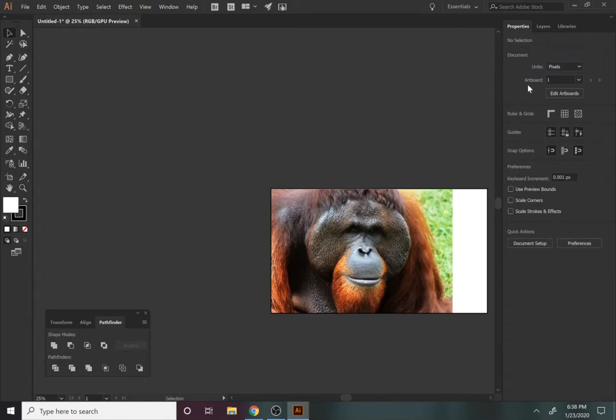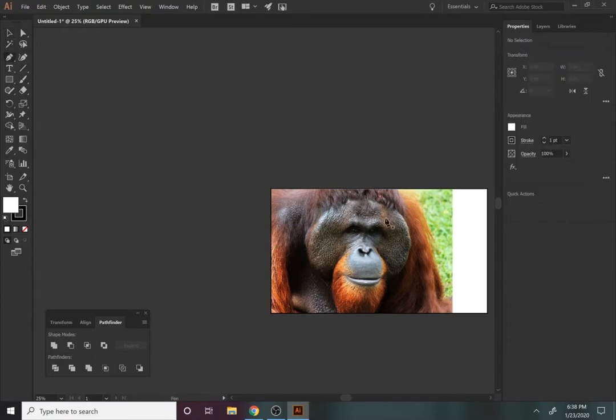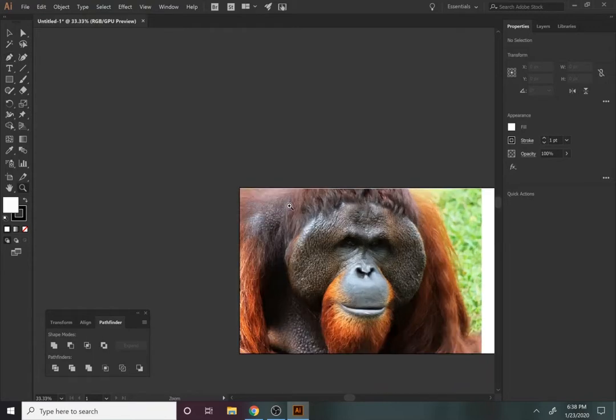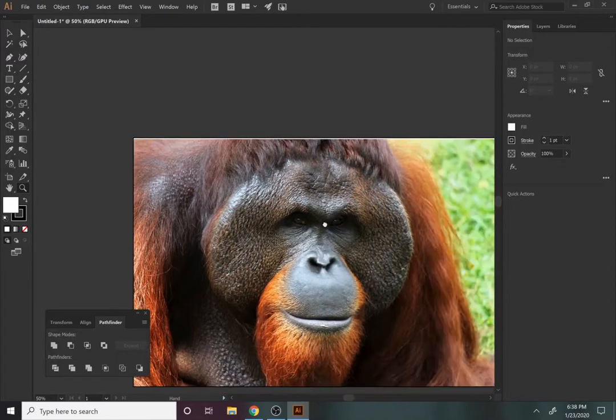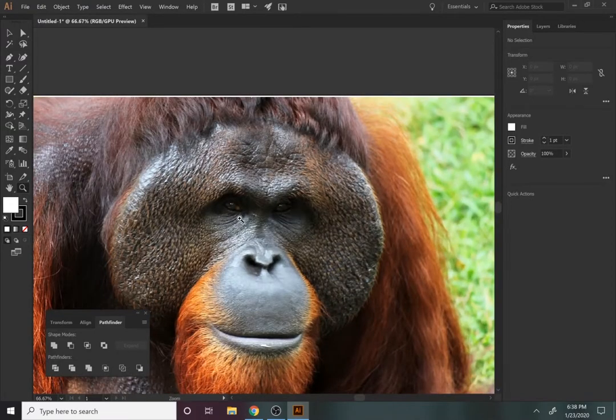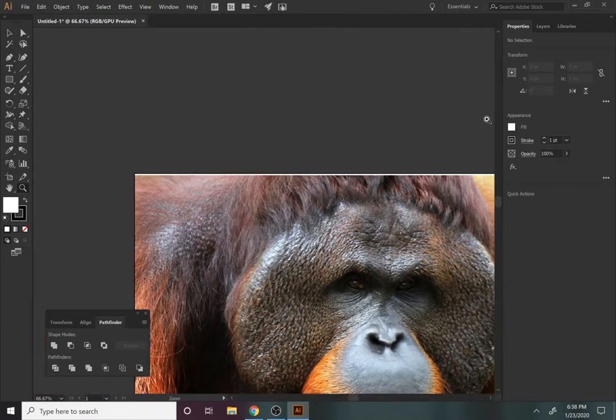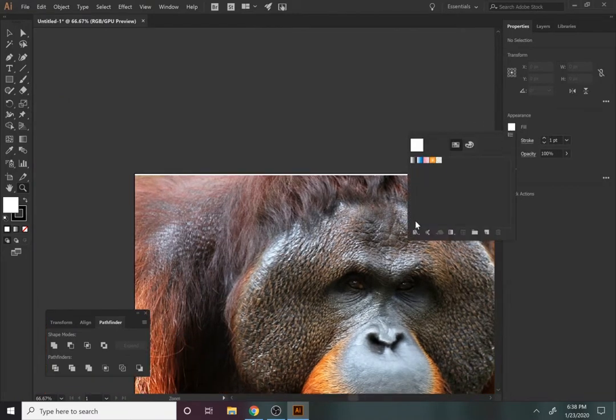Let's use your pen tool, and let's come up with a stroke that we think will show up well. So I'm going to go over here, I'm going to zoom in some, and I'm just going to start from the top and work my way down. I might actually not do that. I might actually start from the middle here. It doesn't matter, because for the low poly portrait, in this case, what we're going to be